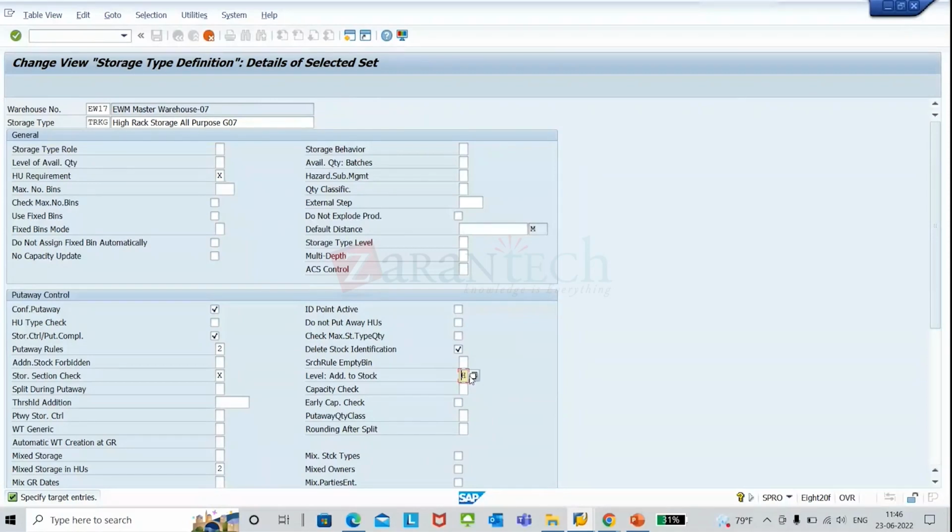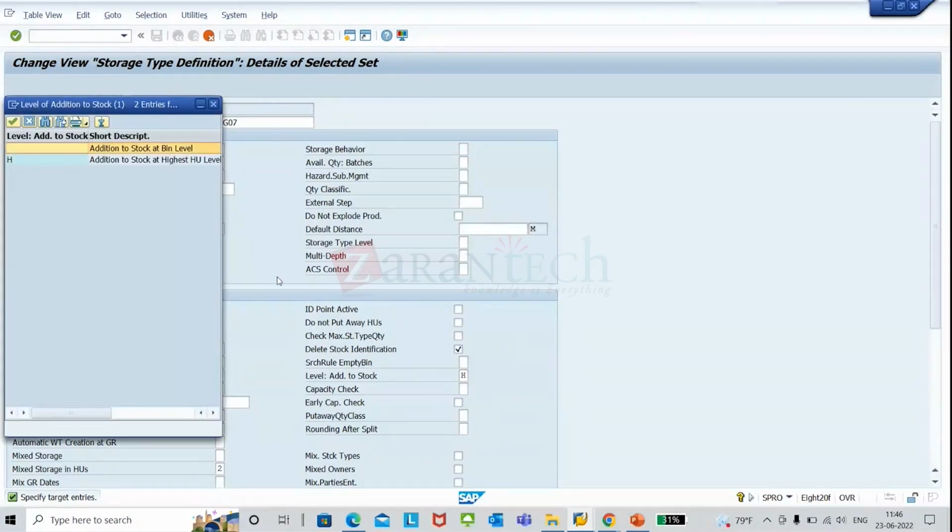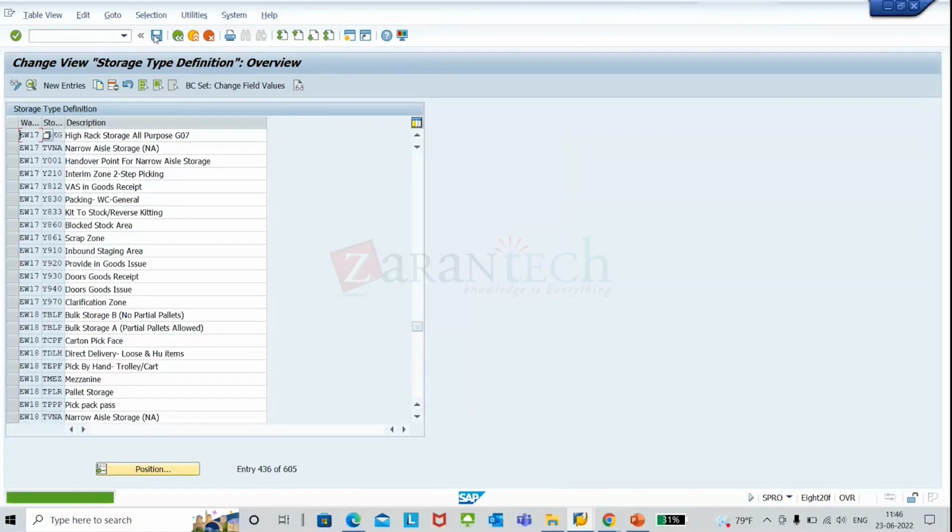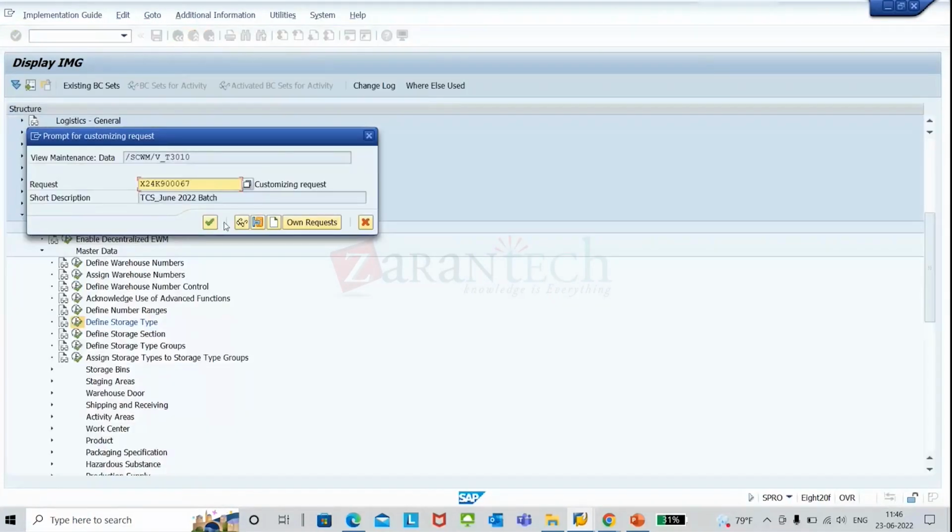Just keep in mind the H means add to the HU, meaning if there is a HU at the destination, I don't want to introduce a new HU. I just want to add to the existing HU. Right. That's what this addition to stock HU means. And I just save this rack storage. Done. Similarly, I just copy the